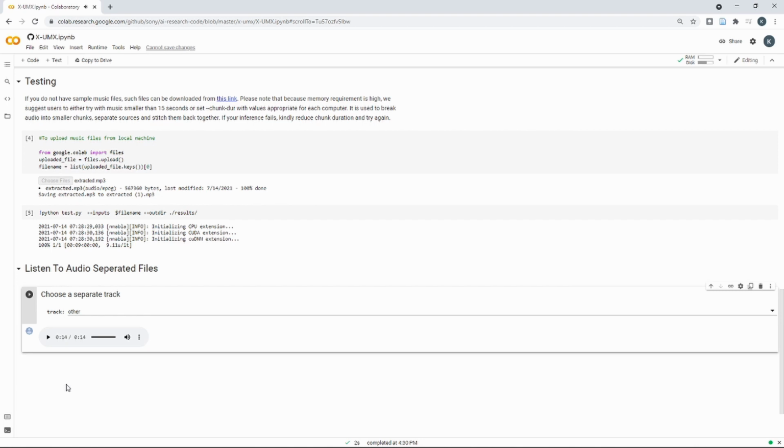So again, it's not perfect as some elements of vocals were also captured in this, but I think overall the model does a reasonable job in separating out the different components of this sound clip.